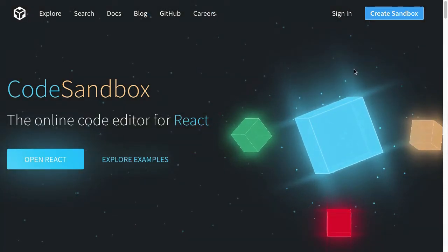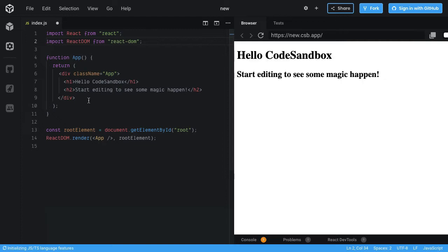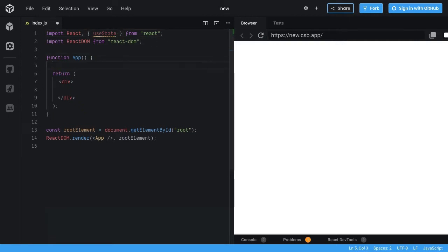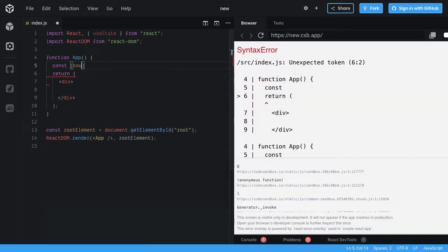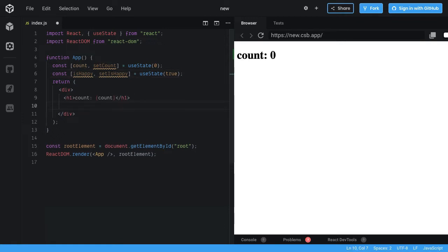This video is all about side effects. Let's create a sandbox based on React, perform some cleanup, and now we will provide this app component with some private state. For that, we will use the useState hook and create perhaps a counter. We will create a second slice of state, this time called isHappy. We will render something with these slices of state, and perhaps something like